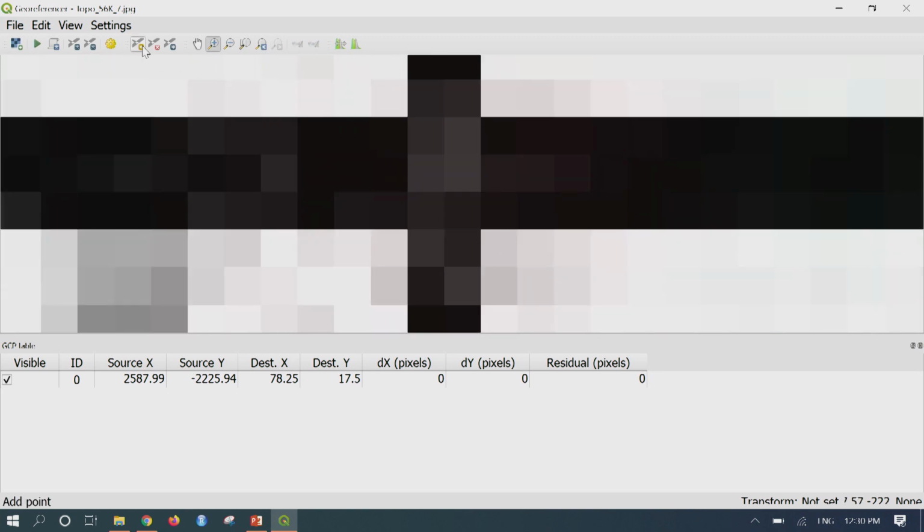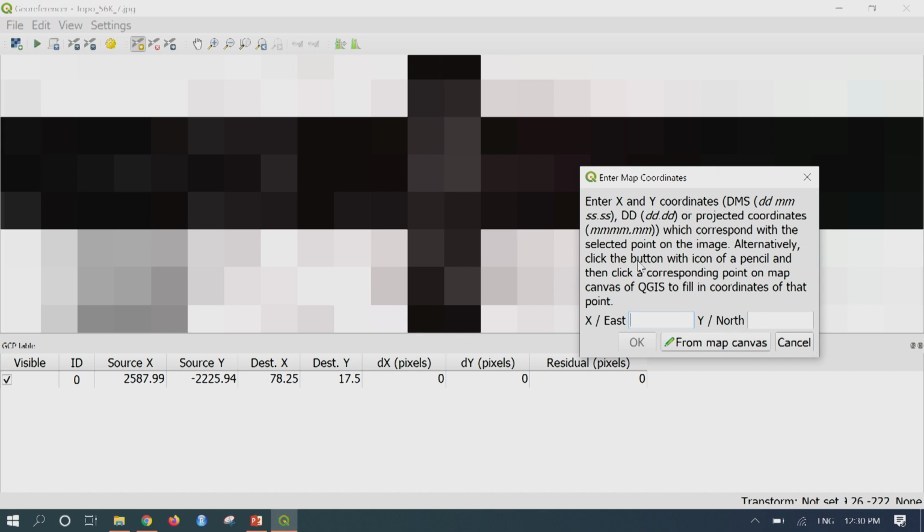Okay. Now I will again go to add point. One more crosshair has come. So I will drag to the exact intersection of latitude and longitude and left click. So here I need to enter the map coordinates again. The easting here is 78, 22 space 30.